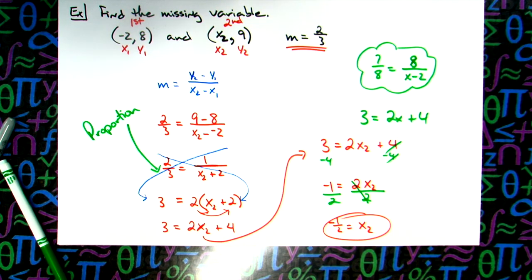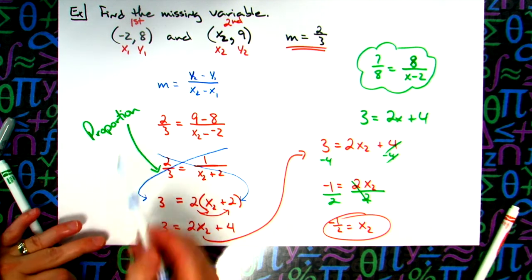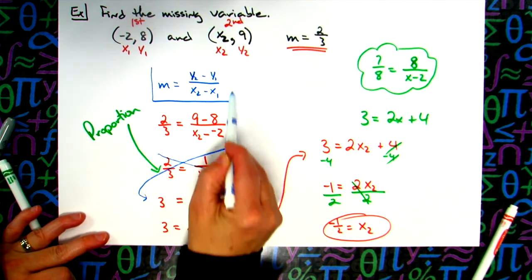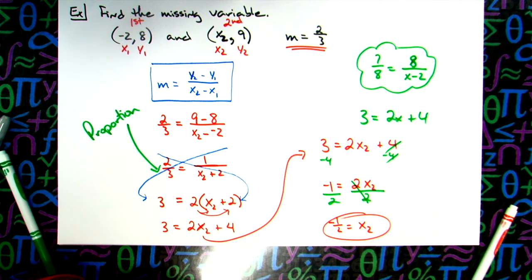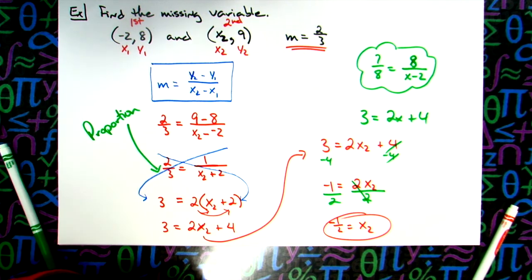So this type of question is why it's really important that you memorize the entire formula, not just y sub 2 minus y sub 1 over x sub 2 minus x sub 1. You need to remember that it has m equals in the formula so that you can plug things in. Okay, now notice